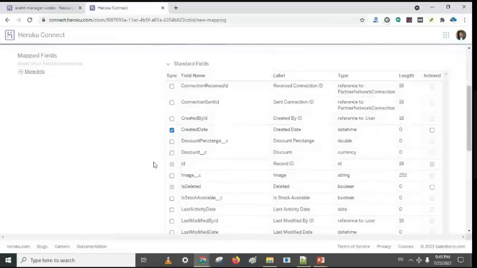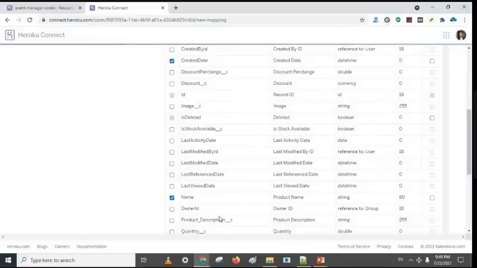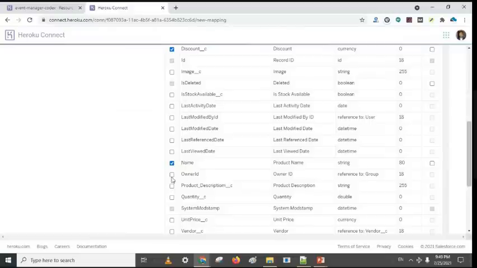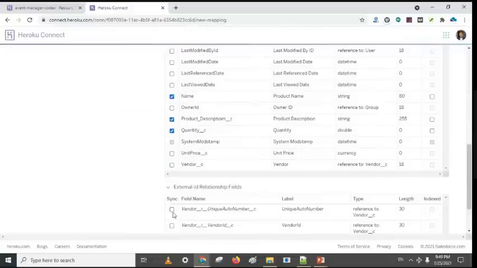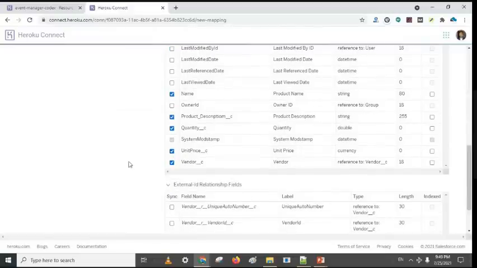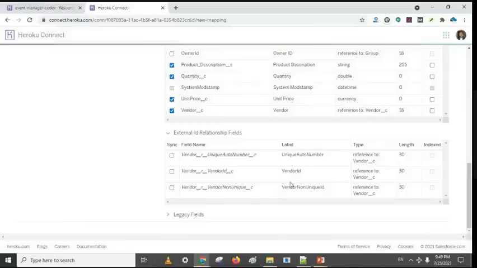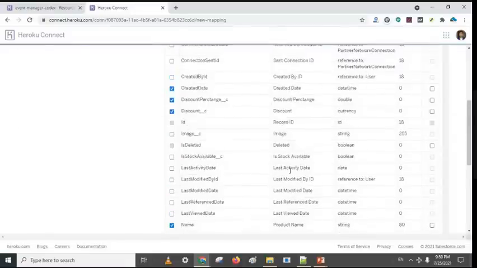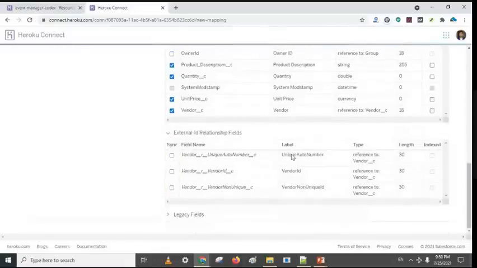Let's see what fields are available in that object. Right now, these fields are available in the Product object. I'm going with discount percentage, description, quantity, unit price, and this one. These are what I have selected for syncing.